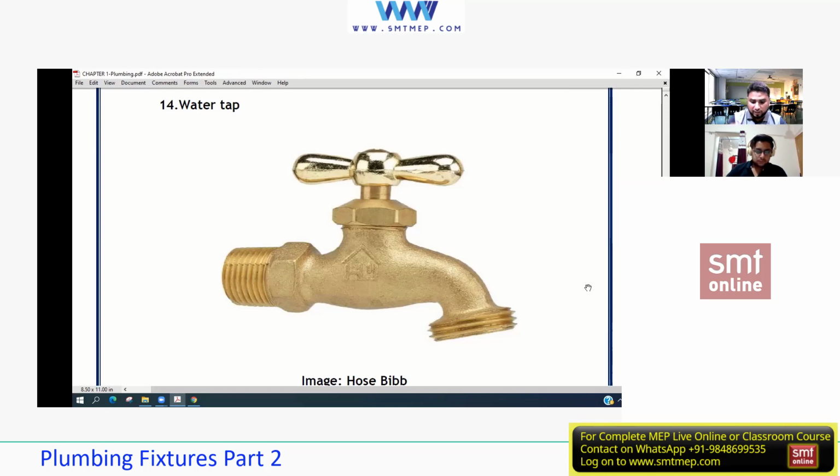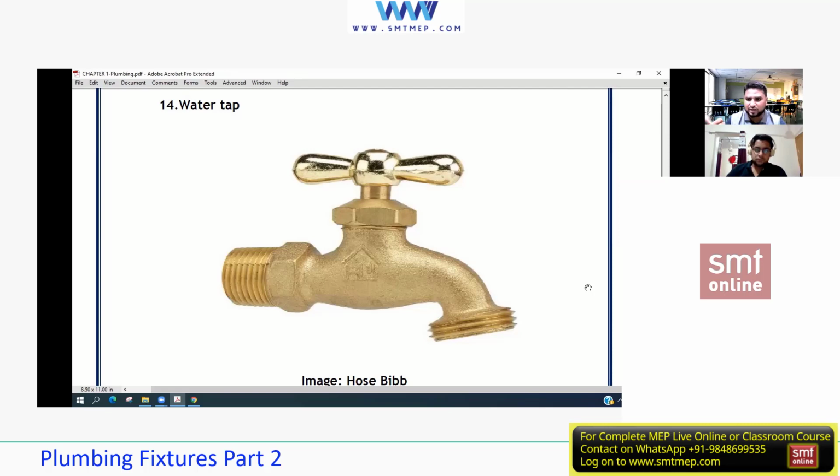Always remember, if you're dealing with taps, they should be either completely open or completely closed. If you try to do isolation with those valves or taps, the gate inside will get damaged by the water pressure, because it is not designed for that. It's a small gate. I don't know how to explain it to you.